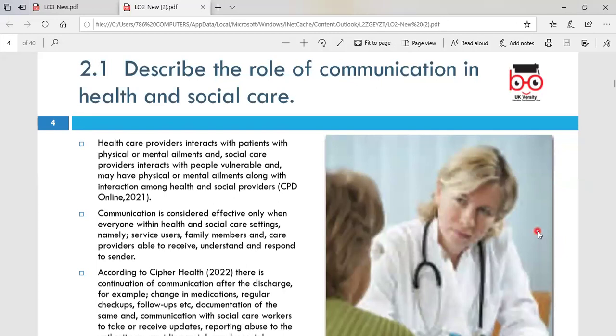There are several patients that will be coming to you, with mental and physical ailments. Health and social care providers interact with people who are vulnerable. They may have physical and mental impact. And there are other interactions that happen between, like, it's not just the service user that you're interacting with, it's the families also, it's the communities that you're interacting with. So this communication is only effective when everyone within the healthcare setting is able to